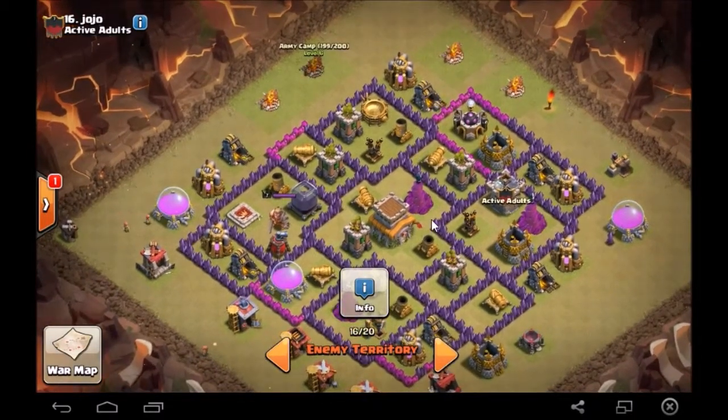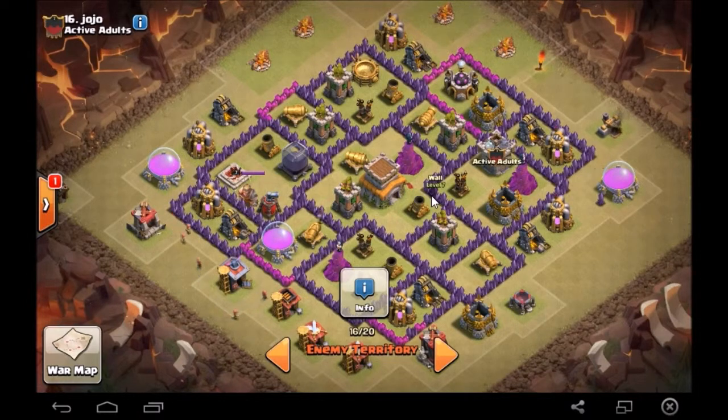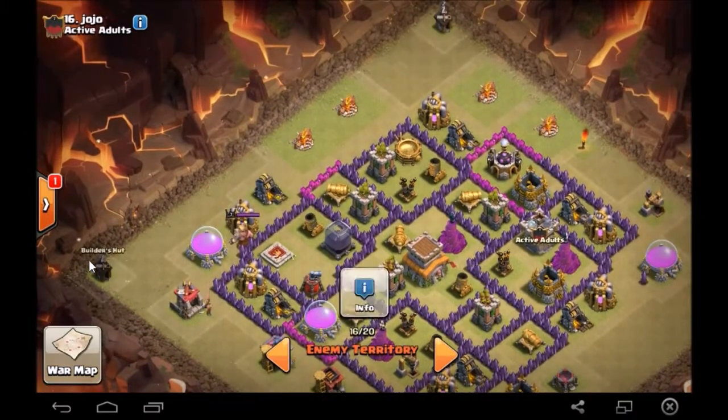You want to use hogs. I would bring a golem and a P.E.K.K.A., 8 wizards, the rest hogs, and 6 barbarians. What I would do is drop off one hog as a test and bring it over here. Barbarian, wizard, kill it. I would drop off